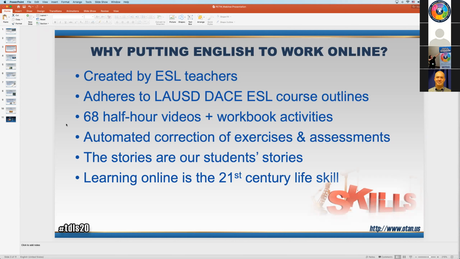Putting English to Work 1 is a complete beginning low course. It follows the LAUSD DACE ESL course outlines completely. Beginning high is the level 2 course. PTW3 is the intermediate low course.